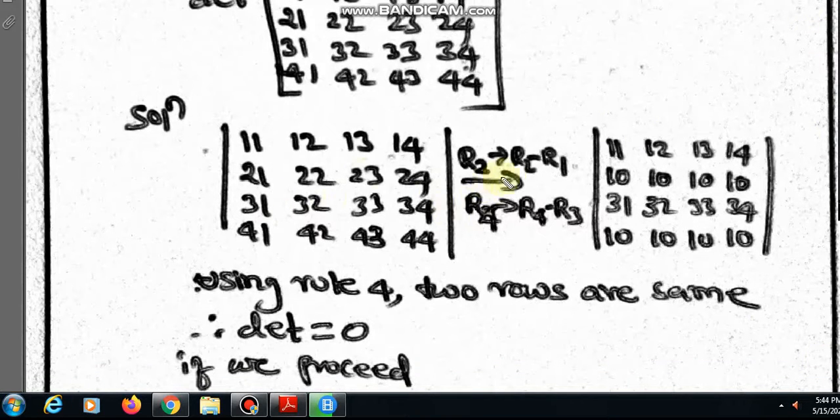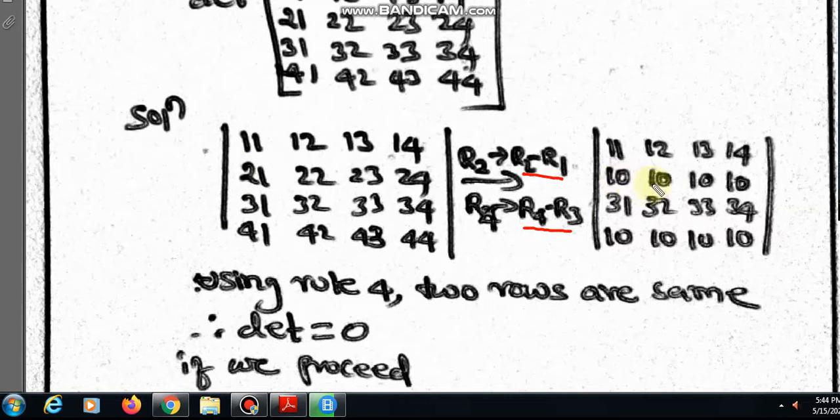What I have done, I have subtracted R1 from R2 and R4, R3 from R4. You can do the other way also. It's not compulsory that you have to do this. Even you can subtract R1 from R3. If I change R3 minus R1 and R4 as R4 minus R2, I'll be dealing with what